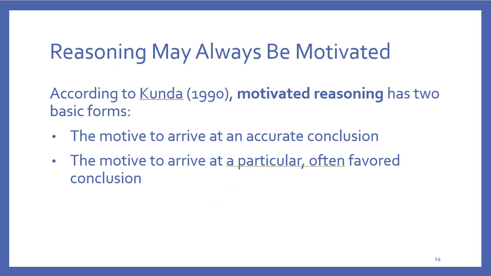So people had, in that example of War of the Worlds, some type of reasoning that they were engaging in. Sometimes we call this motivated reasoning. They had a motive to arrive at an accurate conclusion, but in light of knowing what the truth of the reality was, they came to a conclusion that was particular to them. So you can arrive at the accurate conclusion or a conclusion that makes sense to you.